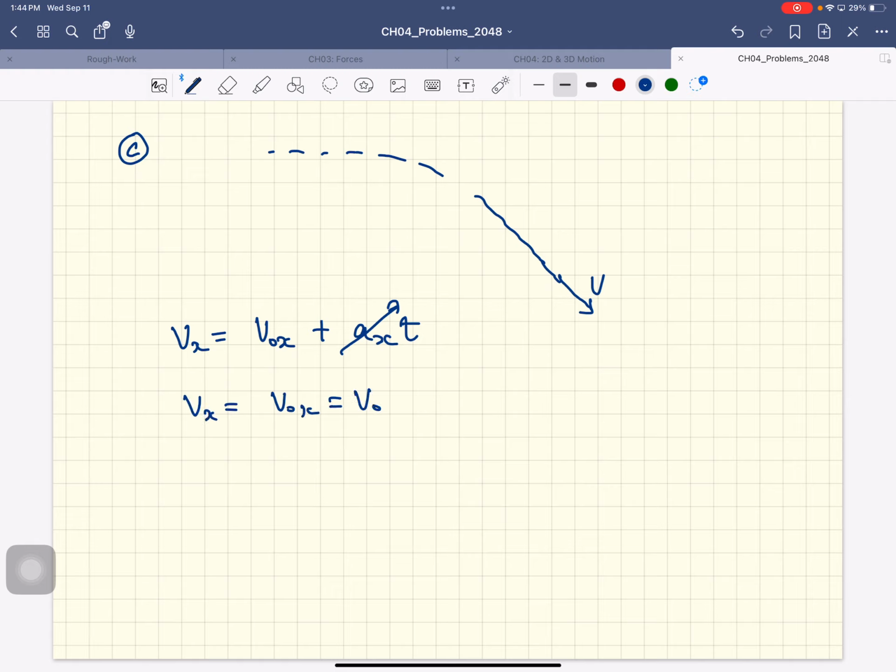So the final x component of the velocity is just the initial speed. Vy, you guys following this? Vy is v naught y plus a y t. v naught y, the initial y component of the velocity, was 0. a y was minus g, so minus 9.8 meters